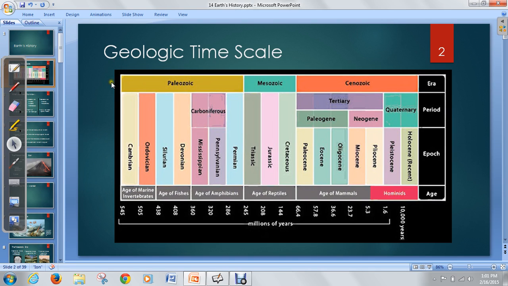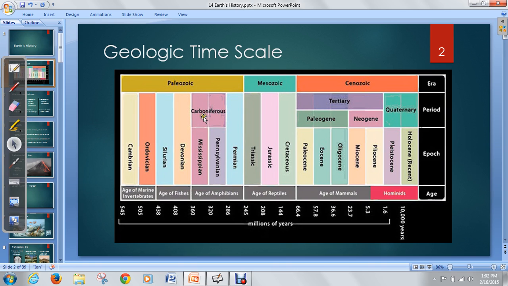The first thing about this geologic time scale is that we can separate the Earth's history into three distinct eras, as we call them: the Paleozoic, Mesozoic, and Cenozoic era. Each of these eras is defined by the type of life that was alive during the time, how things were evolving, and how the Earth's surface looked. These eras are further categorized into what we call periods of time. The Carboniferous period, the Tertiary period, so on and so forth. Again, just further classification, getting more specific in detail.